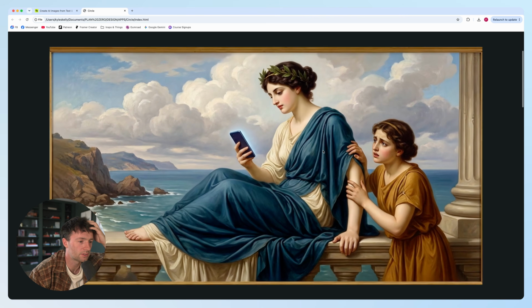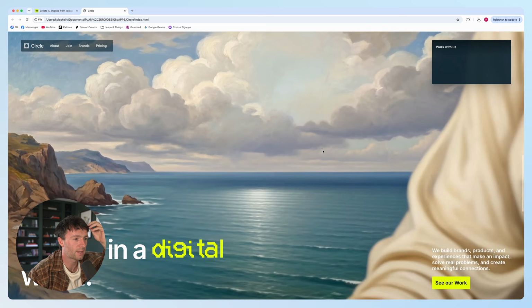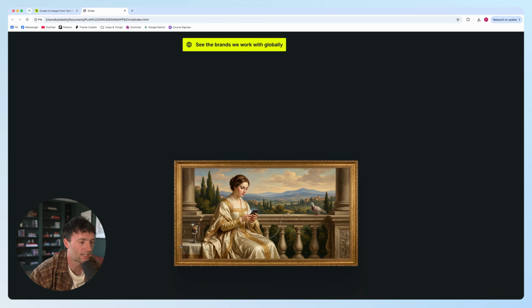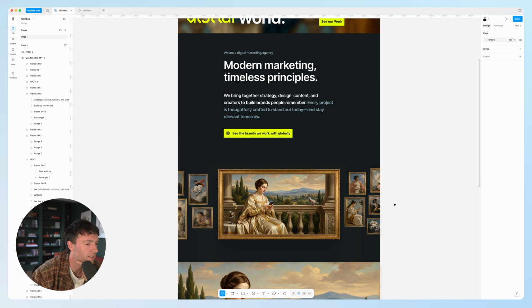Okay, so here's what we've got just now. If we scroll down, we now get into this about section, then scroll down to this new image here with this cheeky little pigeon in it. But once we get to this section, I want it so that once you scroll, this then becomes full screen. So I've mocked up this idea over in the Figma,